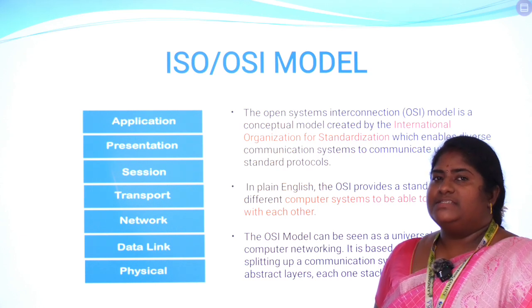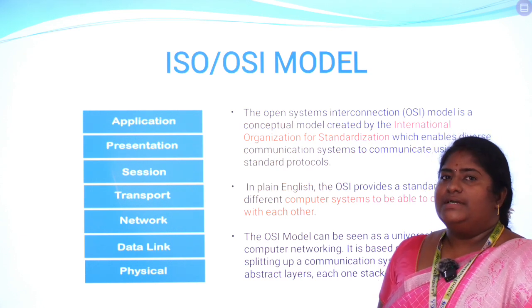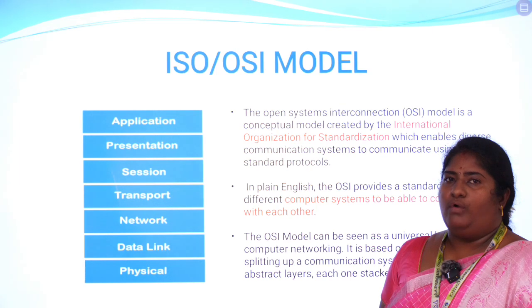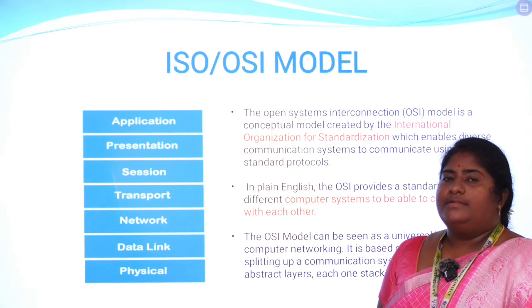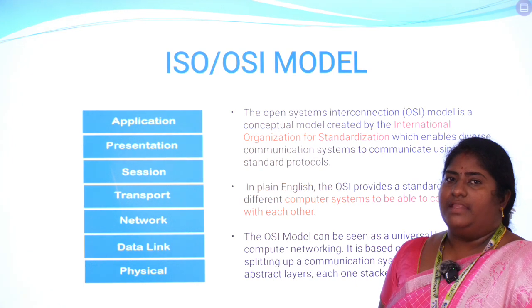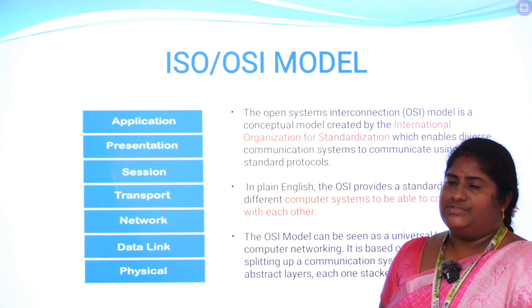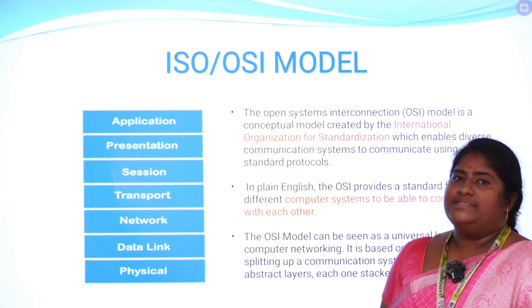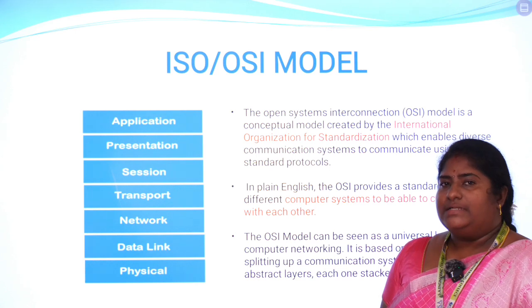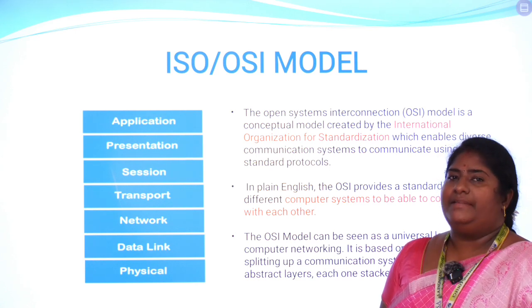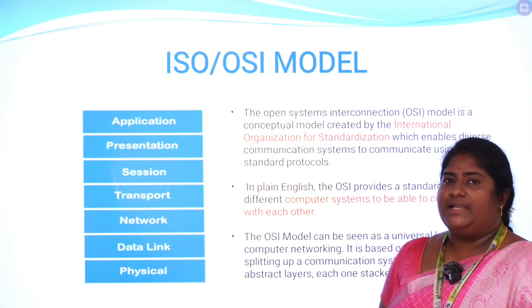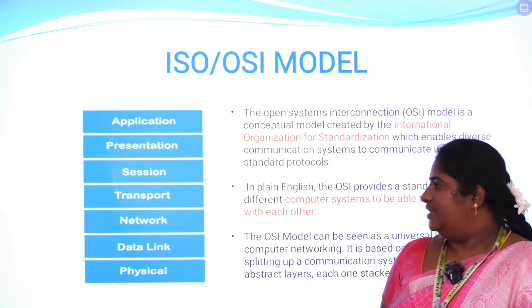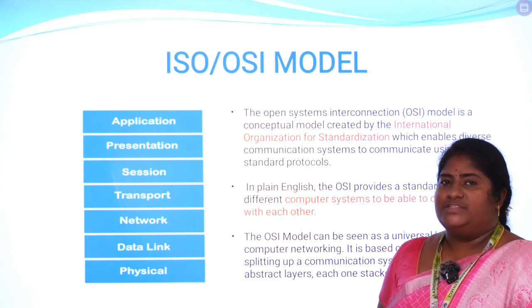The second layer is called the data link layer. This layer takes care of data framing, and it transfers the data in an error-free manner from source to the destination. The third layer is called the network layer. The network layer is responsible for logical addressing of the data, and it is also used for routing the data from source to destination.